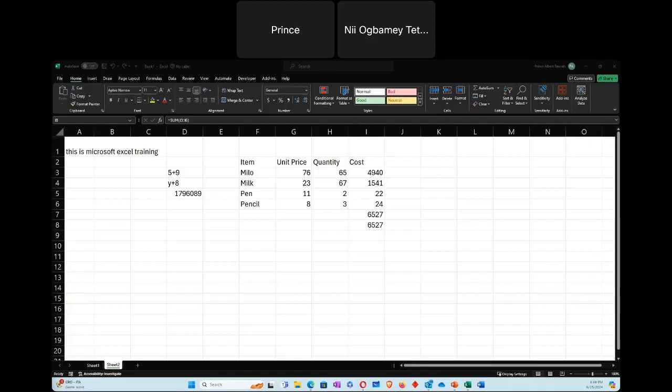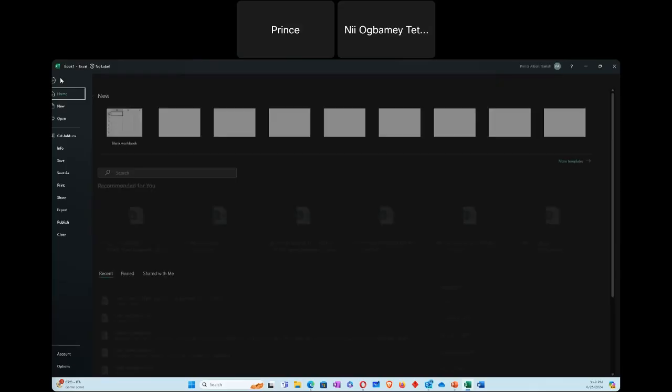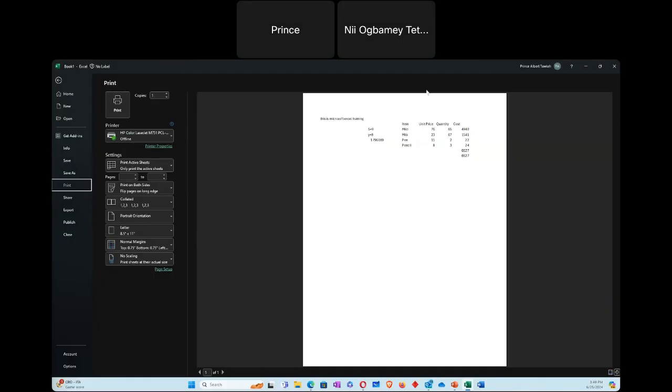There was one call who was saying go over something. So one is asking about the printing functions. Okay, so let me go over and do a big demo on the printing. So I have these sheets. Let's assume all that I need to print is only this side, not the whole thing. But right now, if I go to File and I say Print, you see the whole thing in there. The course, this is Microsoft Excel, everything is in there.